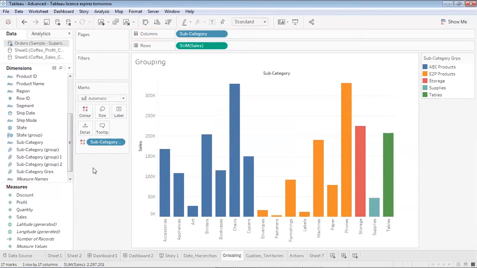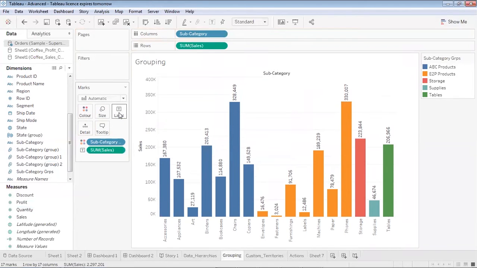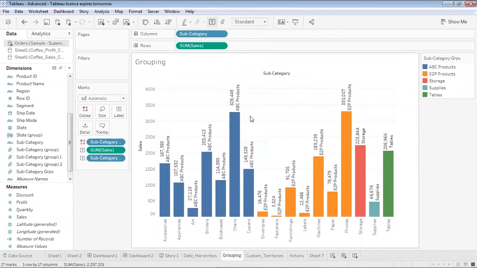Now if I would like to see the sales, I can simply drag and drop the sales over here. If I would like to show the names of the groups, I can place the subgroup on labels, so I get which subcategory belongs to which group. I can see that from here. From the colors also I can identify, or I can label them as well.